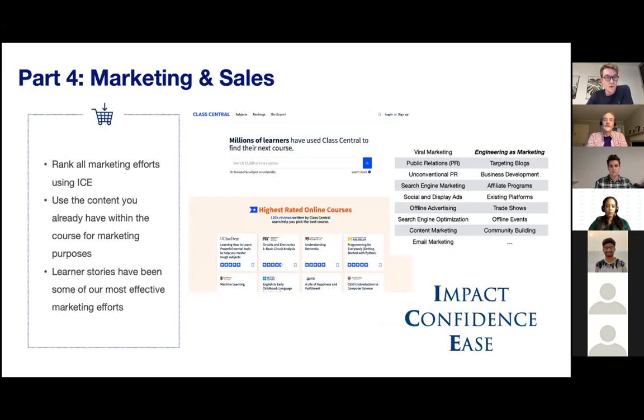If we have a client who is selling the courses, or is trying to look for a business model, in many cases, especially when they're new to MOOCs or new to SPOCs, many companies haven't found their right business model yet. And in that time, it's important to really rank all your marketing efforts. One of the learnings we've always had is that we cannot estimate the amount of marketing and sales we need to do to spread word of mouth.